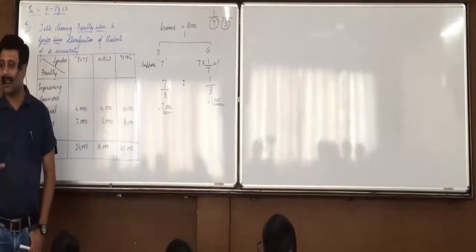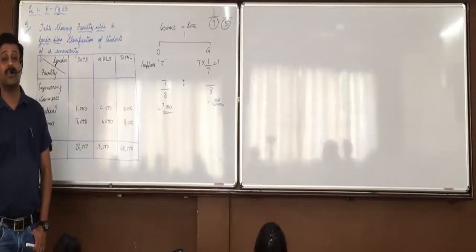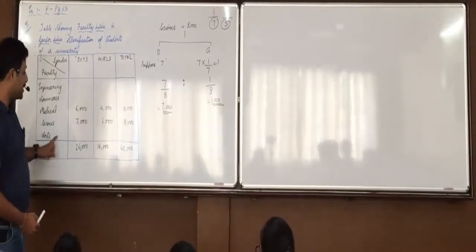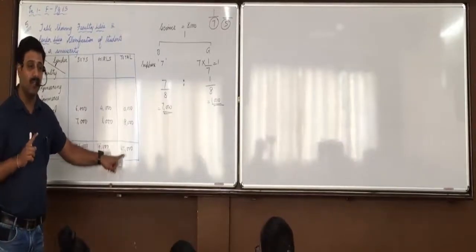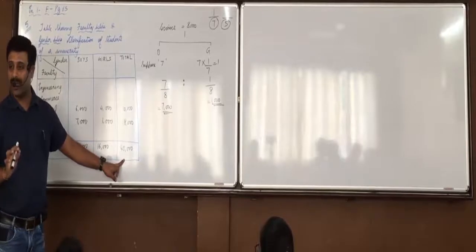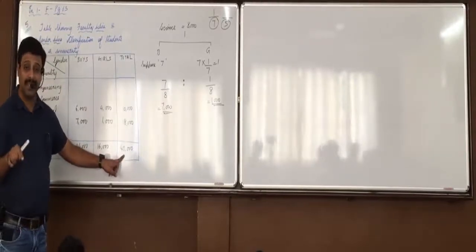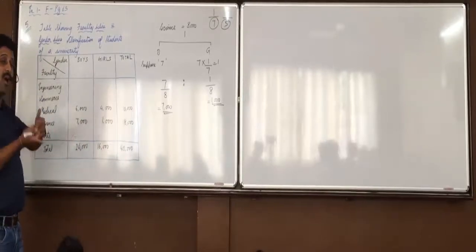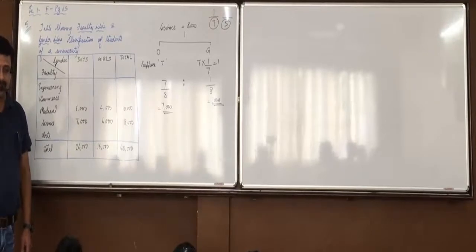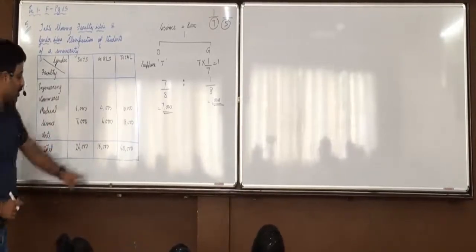The language is given as 7% and 17% of total number of students of arts faculty. It is wrong. 7 and 17% is not total number of students of arts, it is of university. But you interpret it that way. The language should have been 7% and 17% of total number of students of university are boys and girls of arts faculty. That should have been the correct language. But we assume that way also. Are you okay with this? So all of you do it.